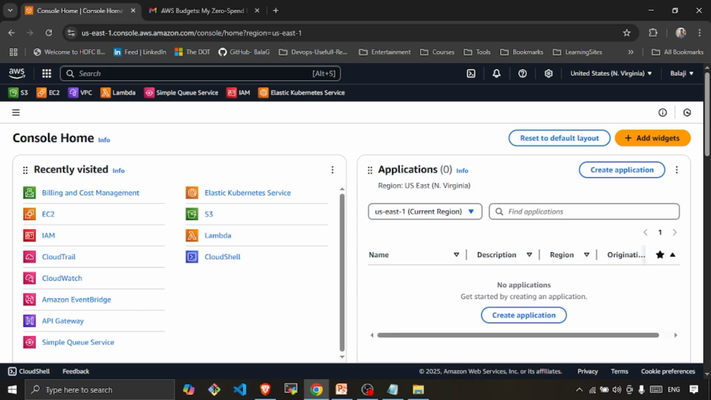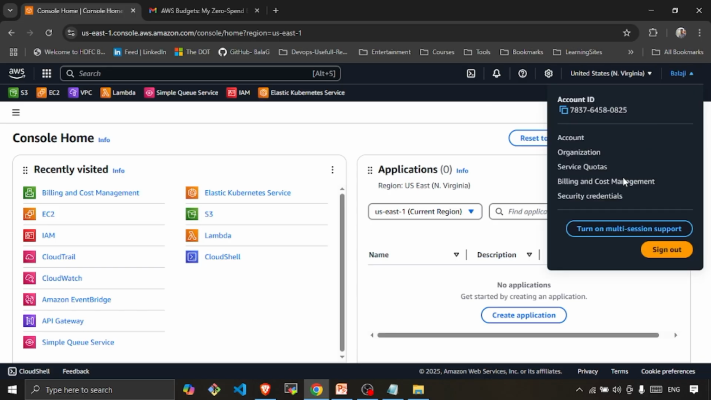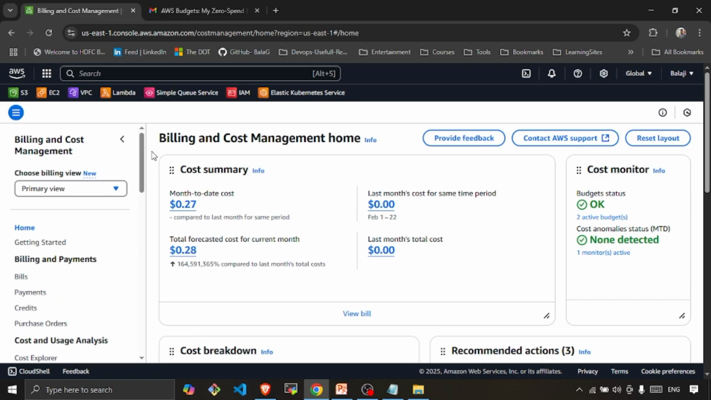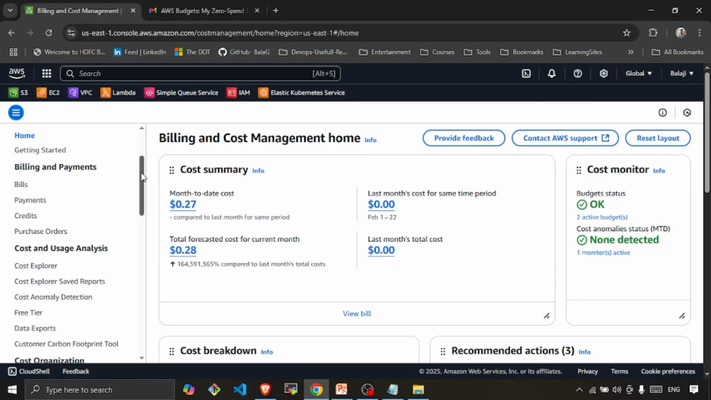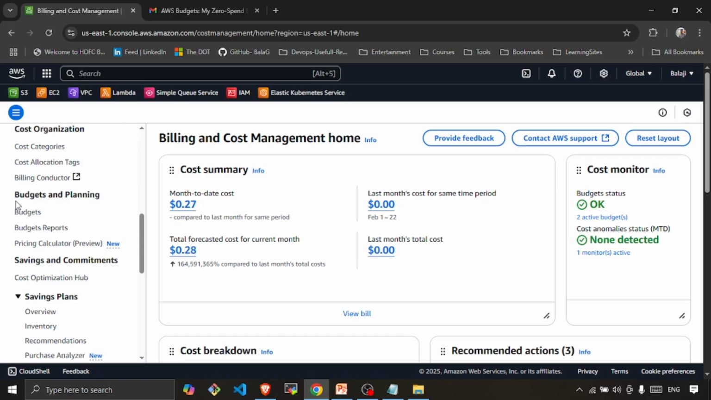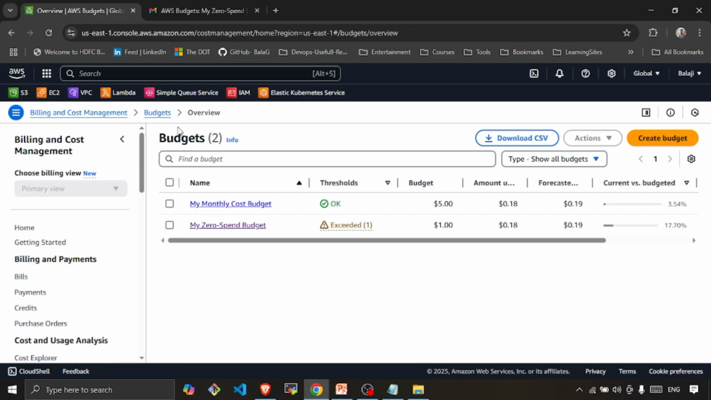We are now in the AWS console. So I will quickly go to the billing and cost management section. In the billing and cost management section, we can scroll down and we can see the budget tool. We are now in the budget section. I will go to create budget,